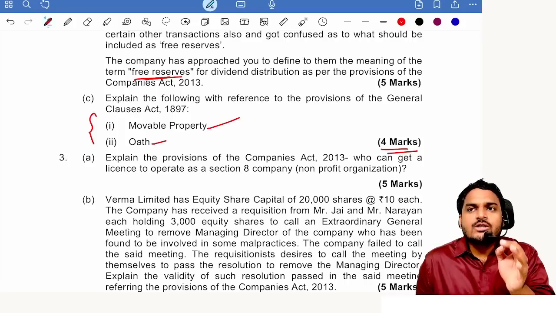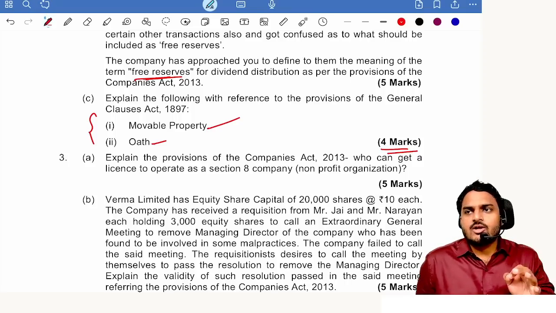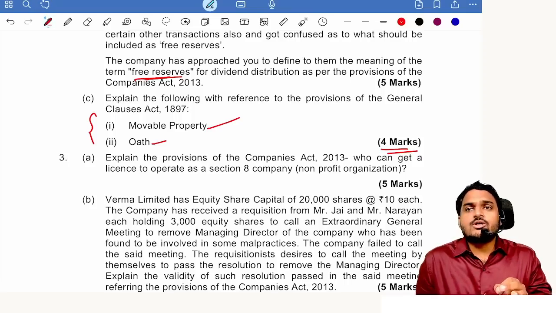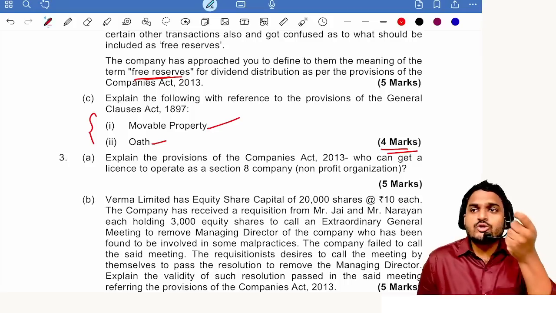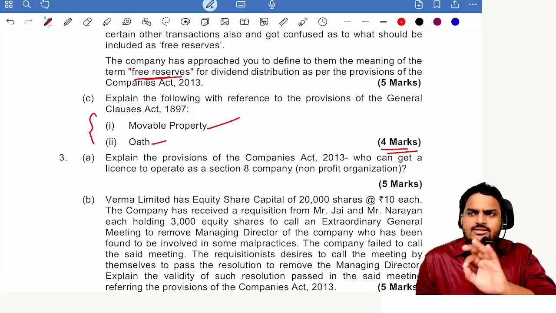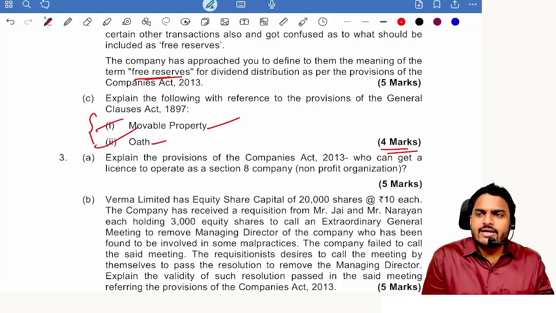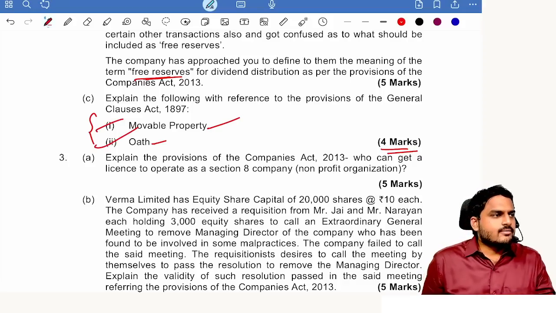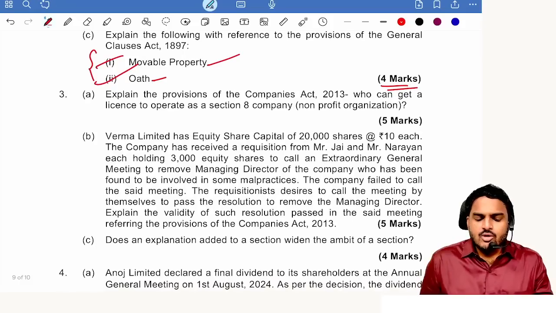See, General Clauses Act is the easiest chapter in other laws. Easiest chapter, because no need to apply mind here. Just you need to remember the content and apply it, that's it. You need to remember the content as it is. Definitions you can write as it is. Okay? So General Clauses Act, don't take choice.